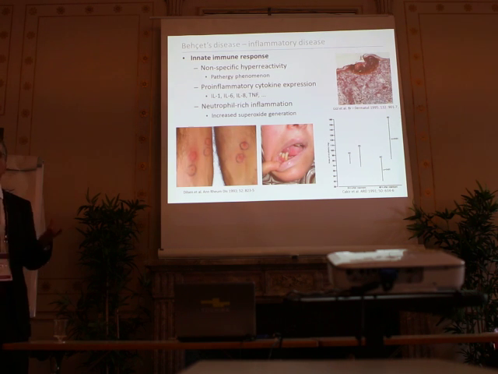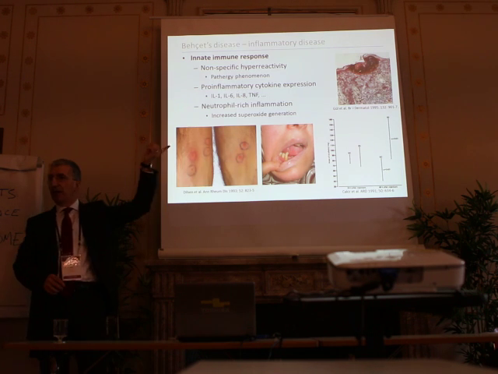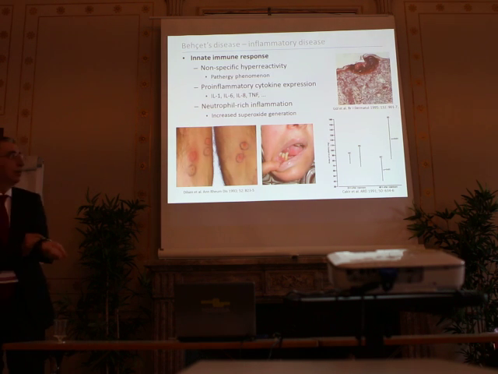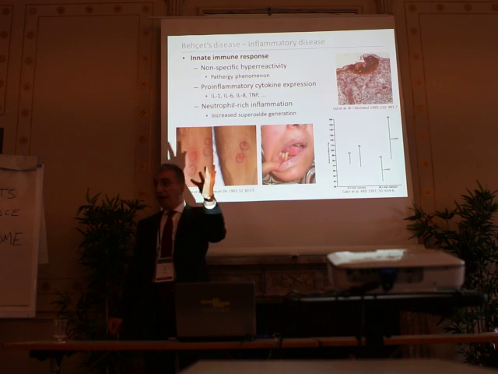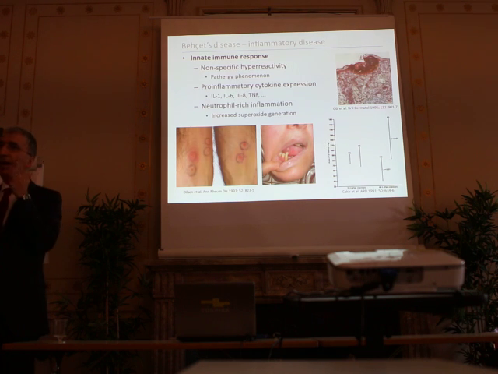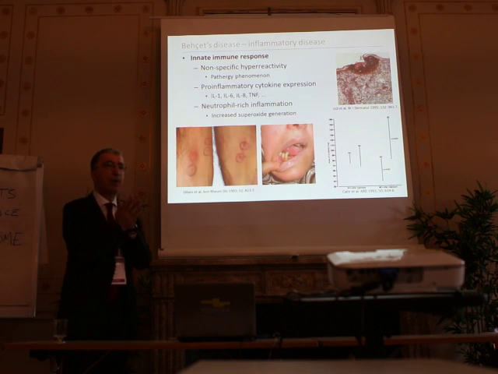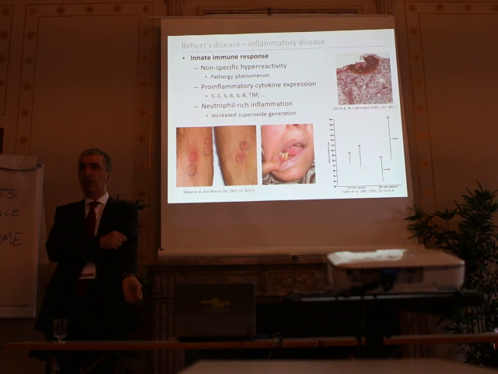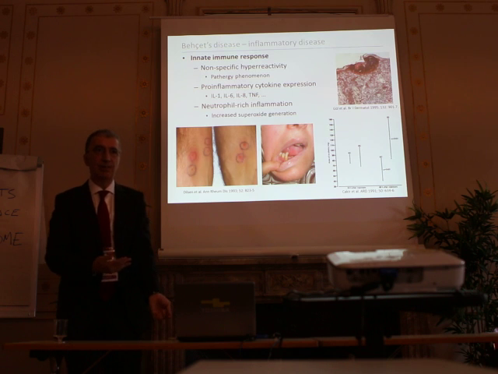But this innate hyperinflammatory status is not specific to any pathogen or any other trigger. It can be triggered by trauma, like the pathergy test we do for the diagnosis, just pricking the skin with a hypodermic needle, or sometimes it's spontaneous, like this tooth is behaving like a needle and just causing a pathergy reaction, causing an aphthous ulcer in the tongue. And it can be induced by some danger signals, like uric acid. Whenever you inject uric acid into your skin, you can have an exaggerated inflammatory response.